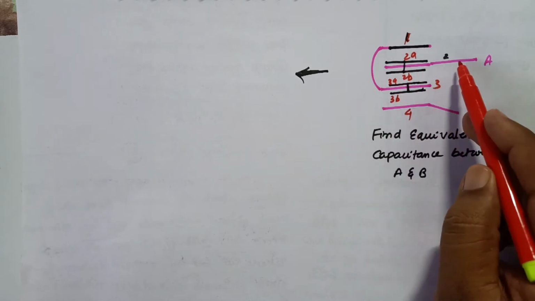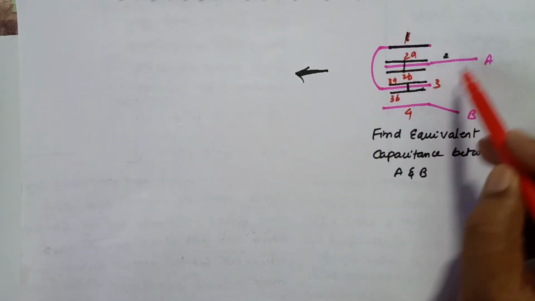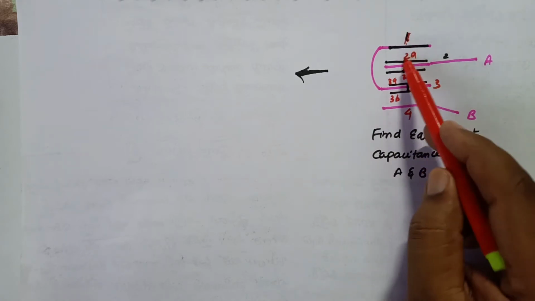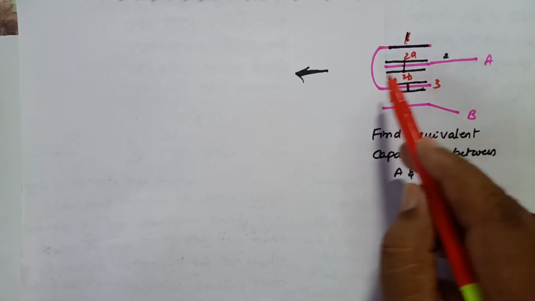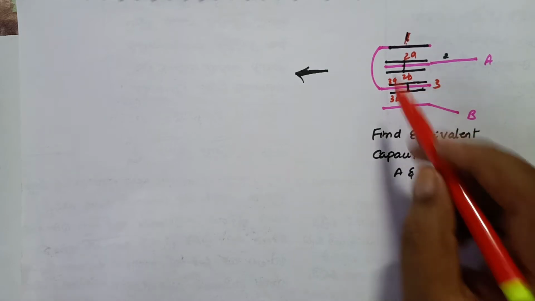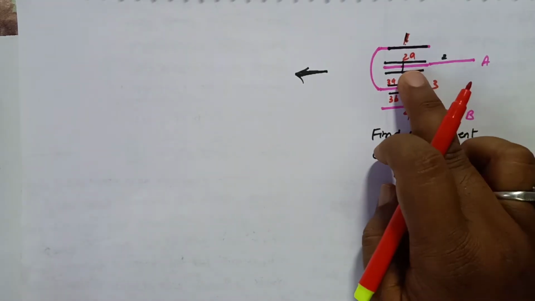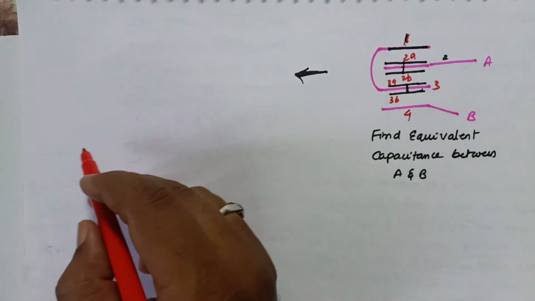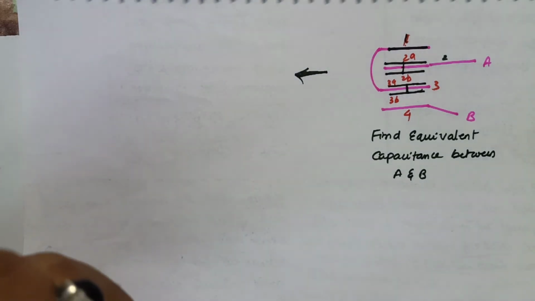So a single plate is acting like a double plate on either side. These plates are playing a double game here. They are acting like a capacitor for this part, and they are acting like a capacitor for this part also. So let us see what is going to happen. How are you going to draw this diagram in a beautiful manner so that it will be very easy to solve circuits of this type?